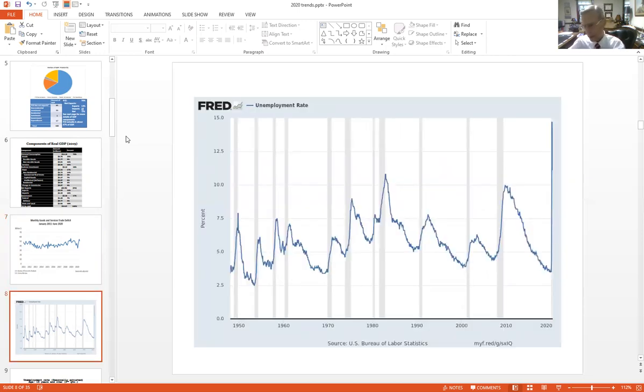Here's what's been happening to the unemployment rate. And you can see a couple of things here. First of all, unemployment tracks with the general economy very closely. It's quite cyclical. So as you can see, the unemployment rate goes up and down. It goes up in those gray bars, and the gray bars represent recessions. So every time we have a recession, we have unemployment.